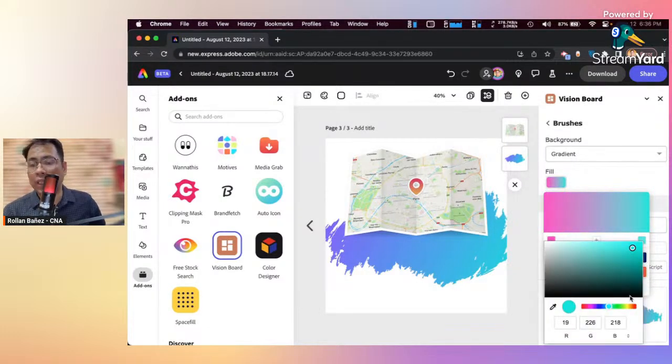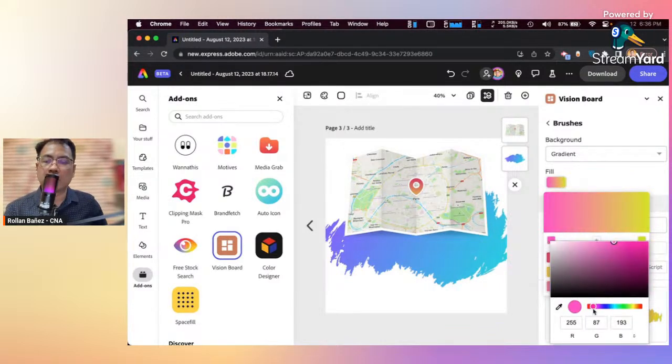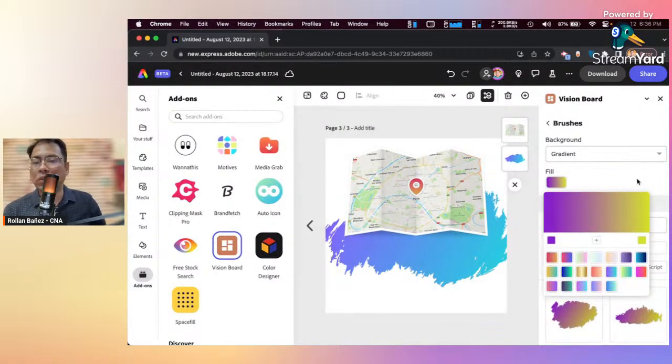I can easily do that here. Okay, that's that easy. Make this, where is my purple one? For example, something like that. You can easily do that using that.